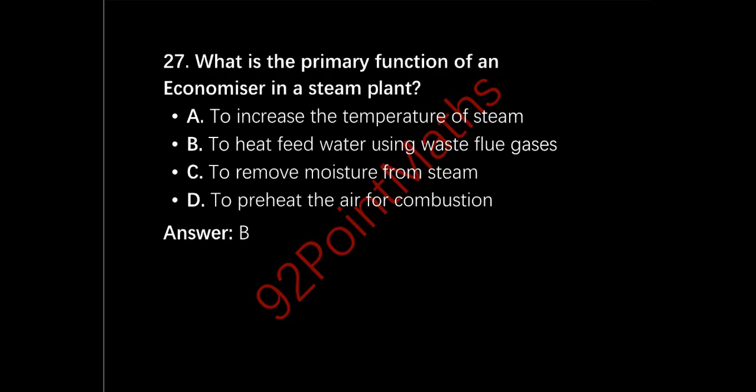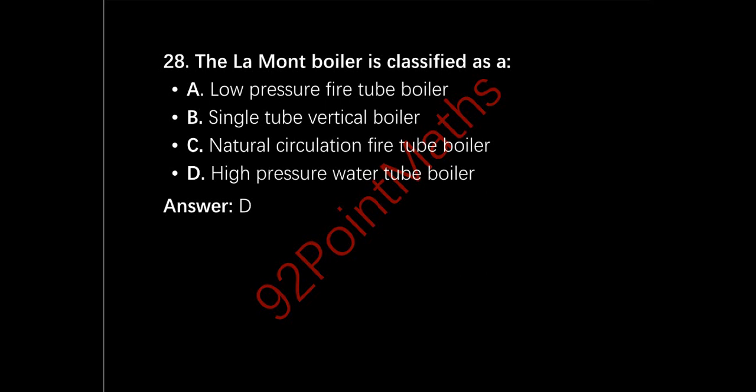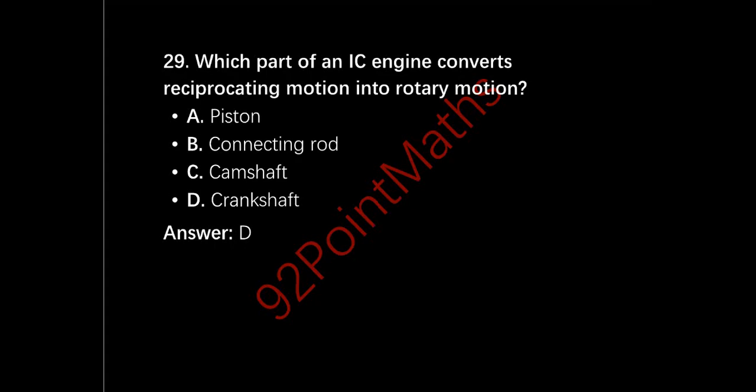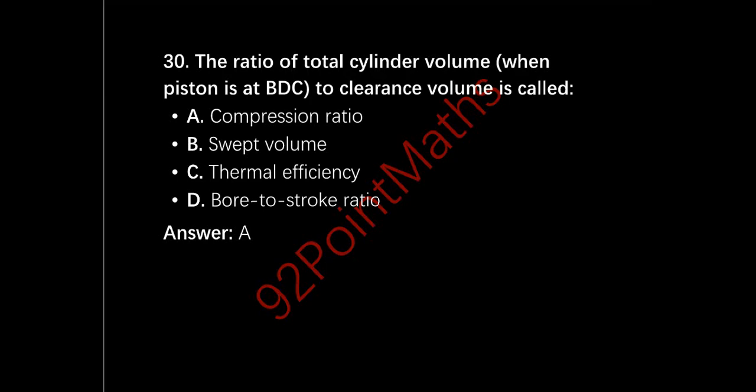What is the primary function of an economizer in a steam plant? Option B, to heat feed water using waste flue gases. The Lamont boiler is classified as option D, high pressure water tube boiler. Which part of an IC engine converts reciprocating motion into rotary motion? Option D, crankshaft. The ratio of total cylinder volume when the piston is at BDC to clearance volume is called, option A,